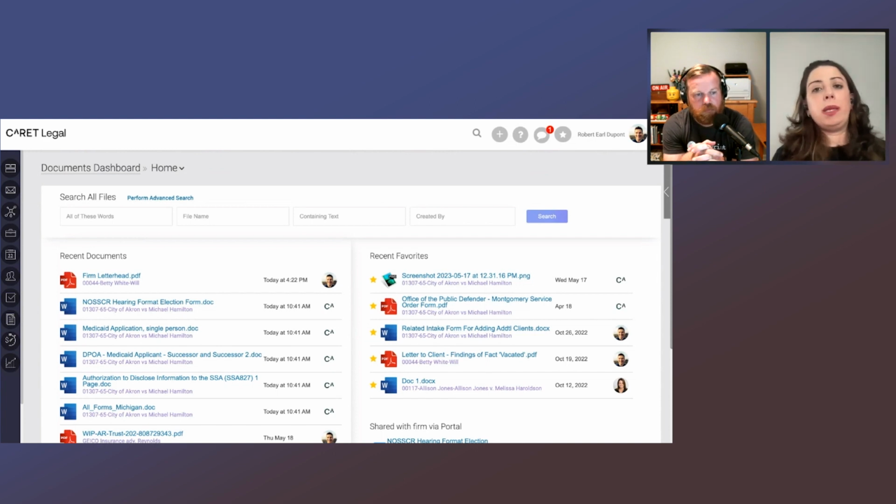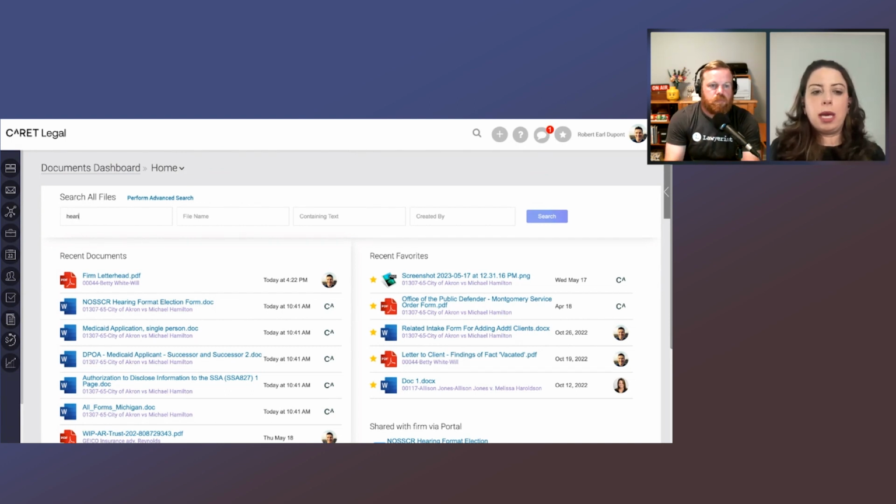So what I really love about the document dashboard is that it is not particular to you as a user. You know what you've done in say the recent hours or recent days, but this is allowing for the firm to have some cross visibility or cross functionality. So, starting with a search, if I needed to do a search,